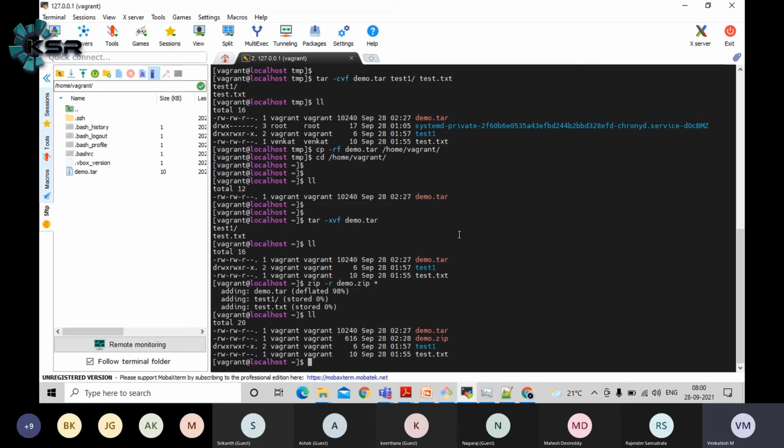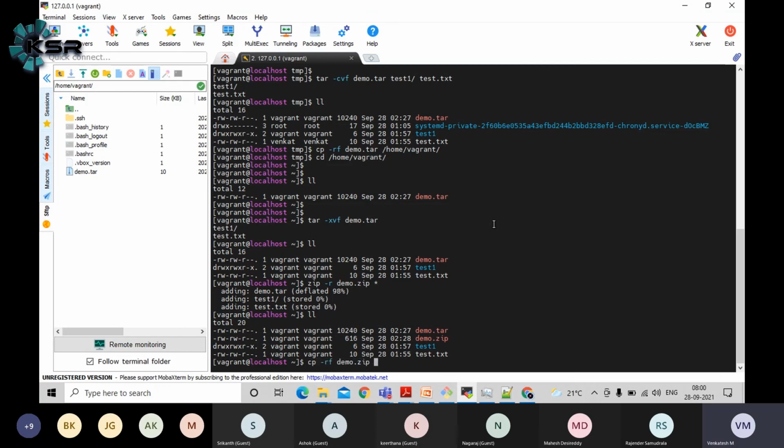Similarly, you can also use the zip command to do a similar operation. So zip -r, R for recursively, and this is the demo.zip file. When you use the star, it will add all the files in the current folder. If you want, you can pass the arguments like test1 and test2. When you run this command, it's going to create a zipped file like this, demo.zip. Now let's copy this file to somewhere.